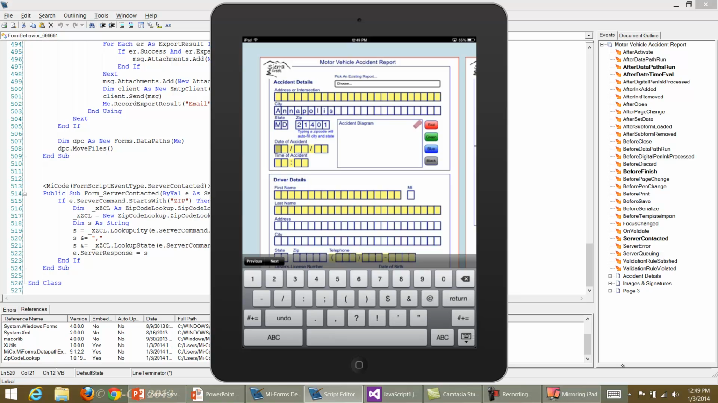So that's a look at the Contact Server API that's available in MyForms version 9.5. We've also added a number of other JavaScript APIs to the solution. If you'd like to learn more about those, go ahead and download a free demo of the MyForms designer or